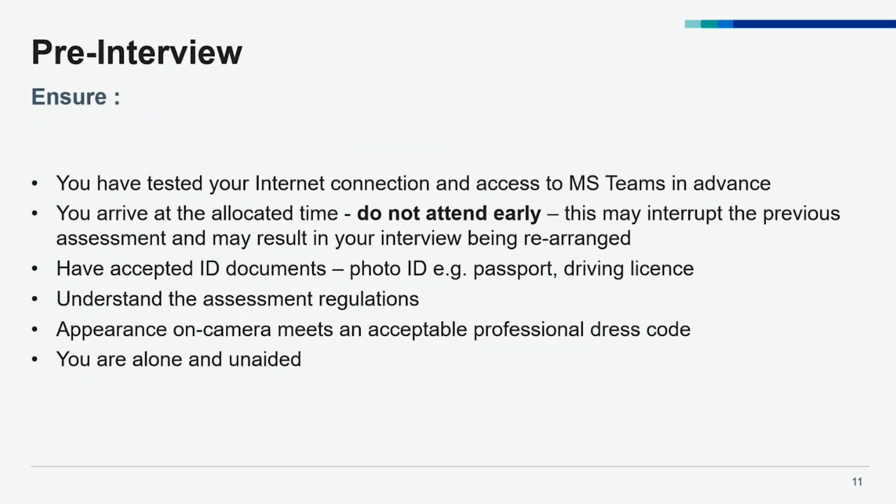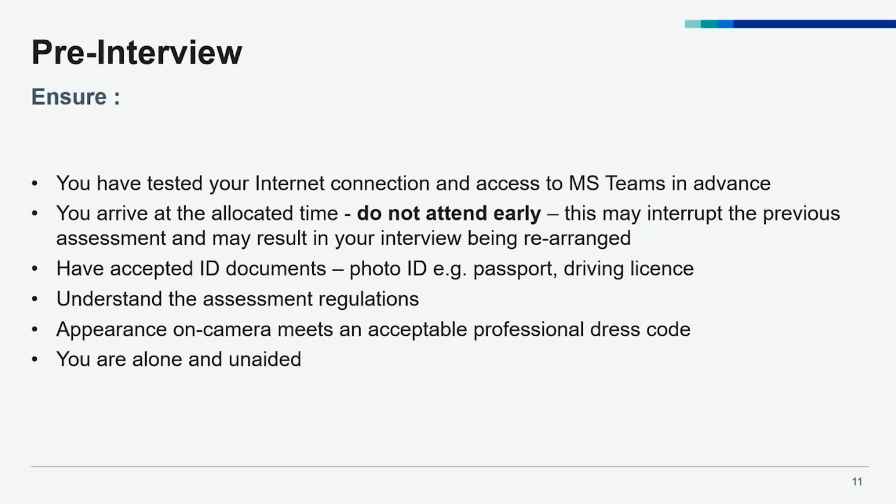So before you go into Teams, we ask, please test your internet connection. Please make sure that you've got good bandwidth, that you're in a quiet area, that you've got the ability to focus on what you're going to be saying, and that you've got appropriate headphones, anything you might need for the day, but please ensure that that's all in place before the IAC.